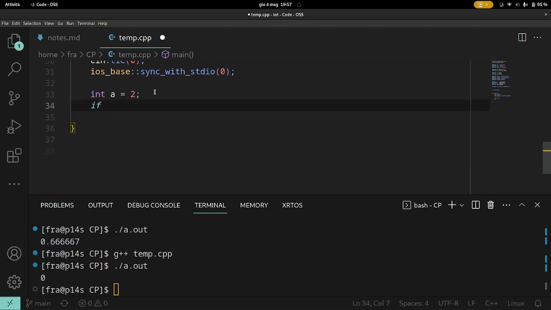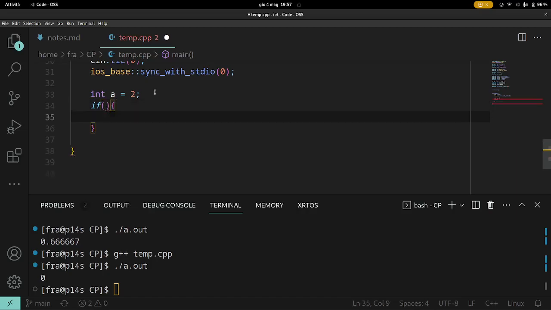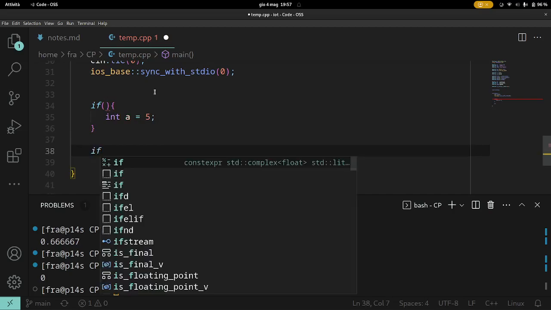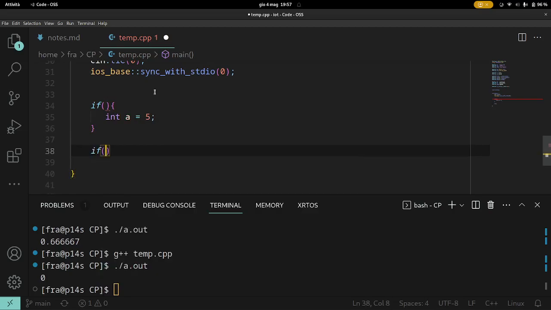if we have any condition, like any scope, for example, if something, then we have... okay. So basically, the way it works is that any variable that is defined... So for example, if we define a variable a here as 5, then maybe we have another if which is somewhere else in the code, but is later than the first one.